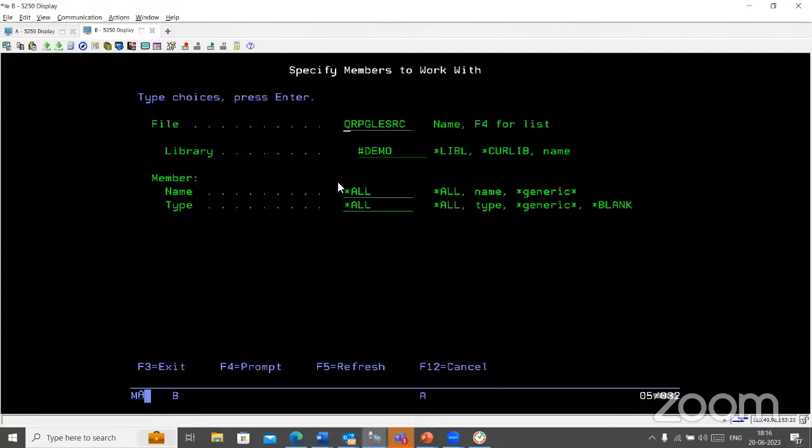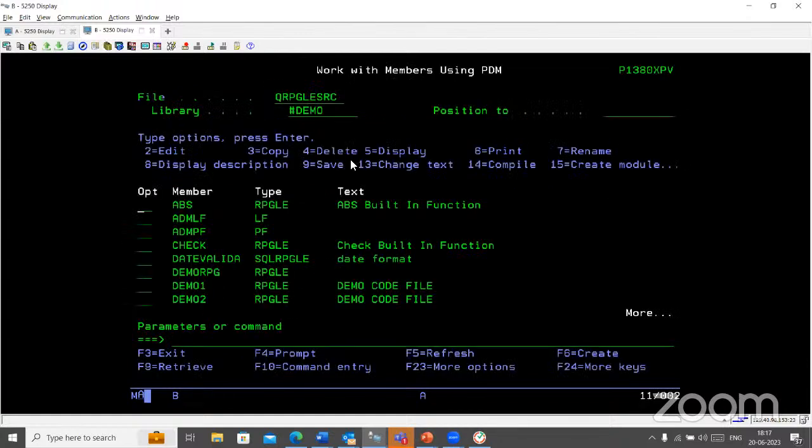And then if you want to get all the members from the source physical file QRPGLESRC, then you can remain the same as *ALL and type *ALL. Otherwise, if you want to filter the members, then you need to define the member name or type that will be like PF or RPGLE. So you can define. After filling all the details, if I press enter, then